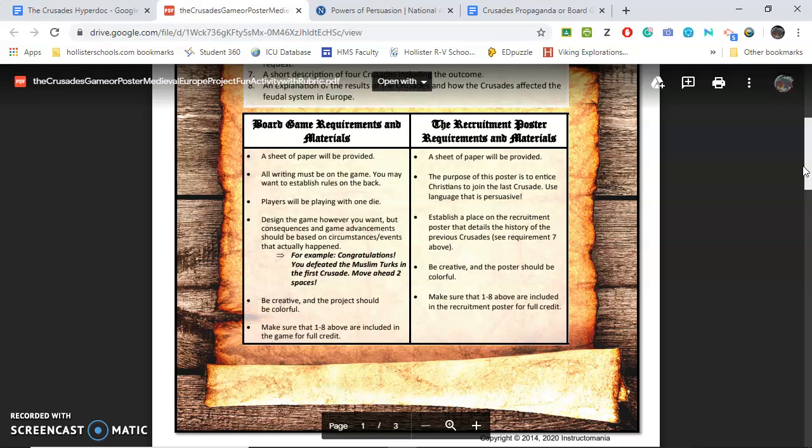Design the game however you want, but consequences and game achievement should be based on the circumstances and the events of what happened during the Crusades. So, for example, congratulations, you defeated the Muslim Turks in the First Crusade. Move ahead 2 spaces. Be creative, and the project should be colorful. Make sure that 1 to 8 are included on the game